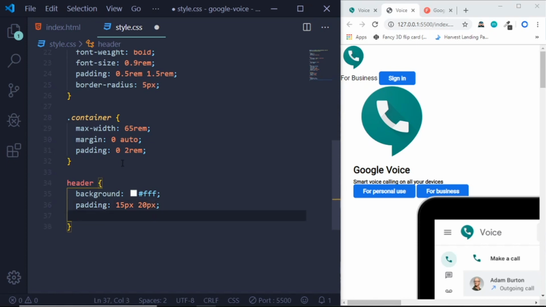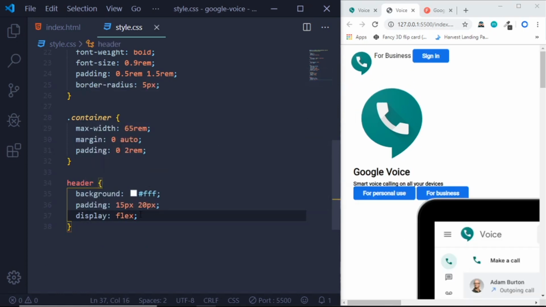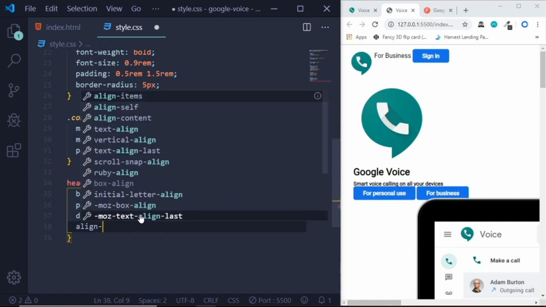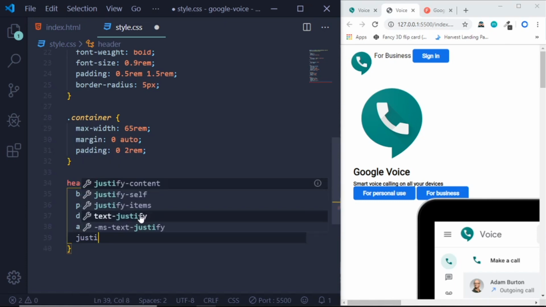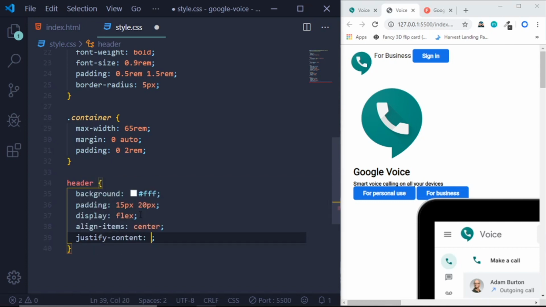And do display flex. Cool. And give it align items center and justify content space between,